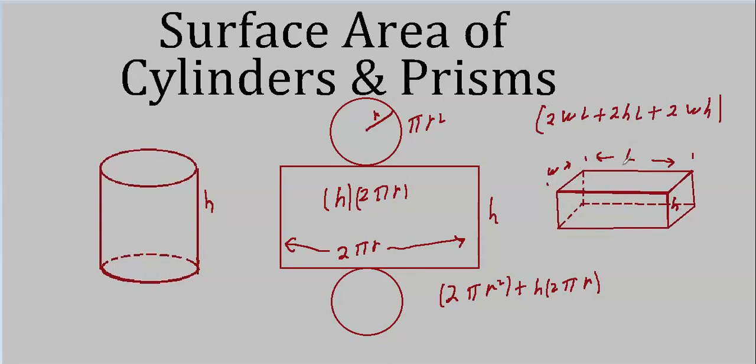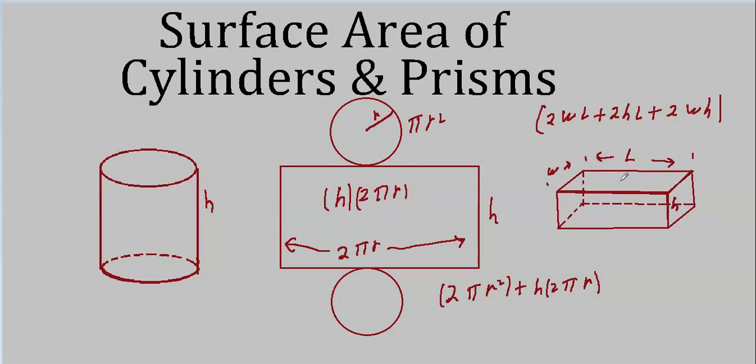It's 2 times the width times the length. That's this top part here because there are 2 of them and they're congruent. 2 times the front and the back rectangle, and then the 2 end rectangles. See, it's pretty easy. If you can work out the surface area of our simple figures, in this case it was a polygon and a circle. Here, they're all polygons. In fact, they're rectangles, which is even easier. And that's all the surface area is.